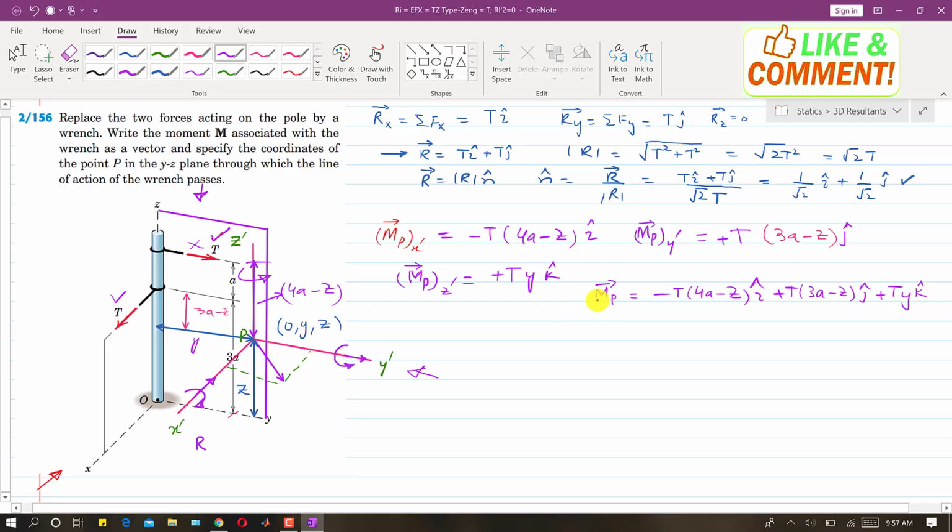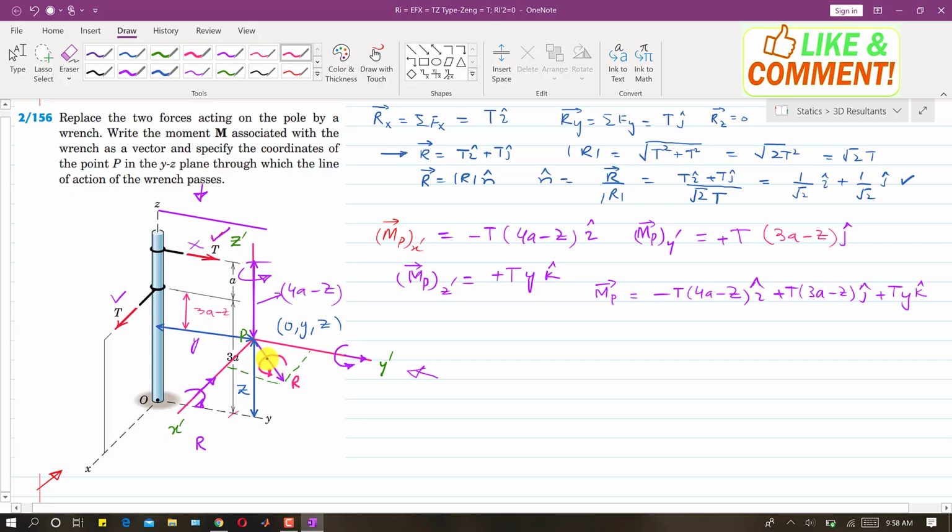And let's say if this moment is the wrench, if this MP and this resultant are represented as a wrench, let's assume that the wrench is positive. Let me remove this line. Let's say that we have this wrench resultant. If this is the direction of the couple, so if we curl our right hand fingers in this direction, the thumb will point out in the direction of the resultant. So this means that this is a positive wrench.